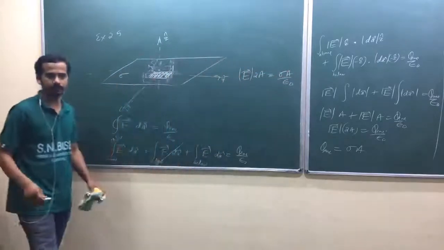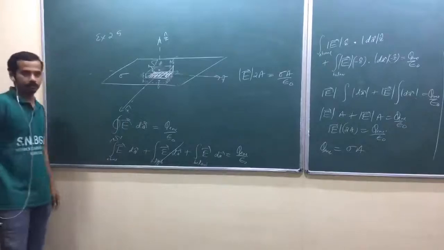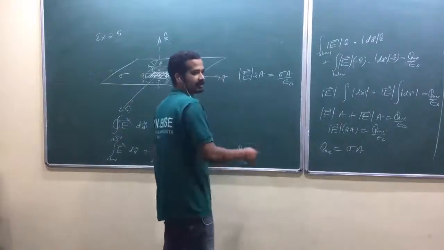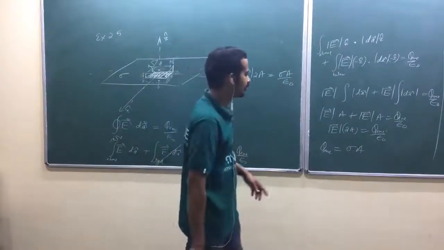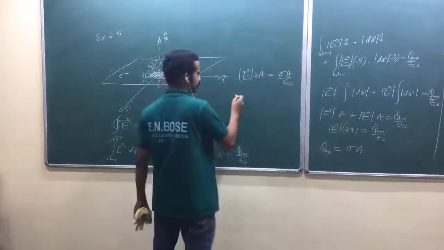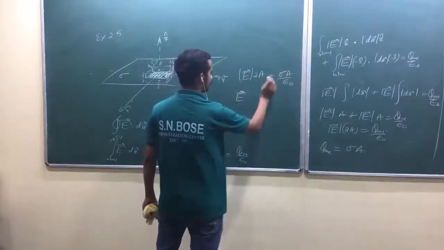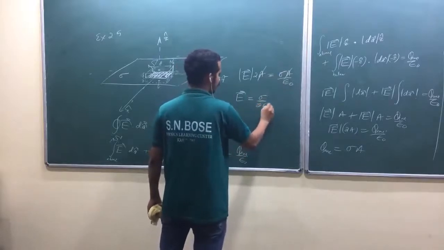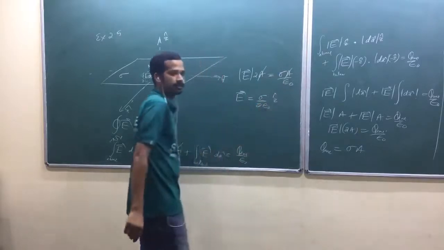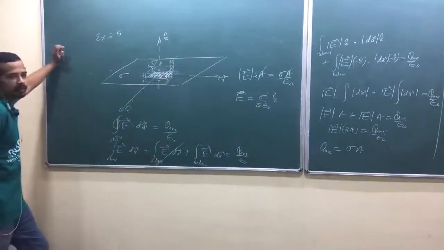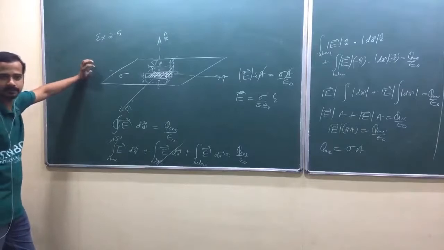Yeah, speak out. Any question? No, it doesn't depend on Z. If there was any Z dependency, it should have come here actually. It is independent of Z. We shall see. Is that okay? So now you can cancel it out. That's equal to sigma by 2 epsilon naught. What is the direction? Z cap. But you have to take care, am I right? Below the plane, it should be minus Z cap. Is that okay? This is above the plane.